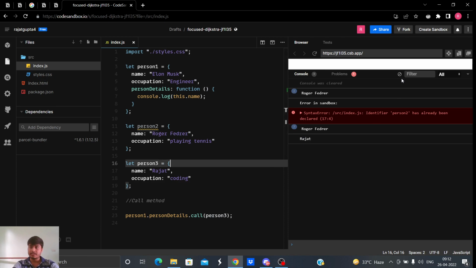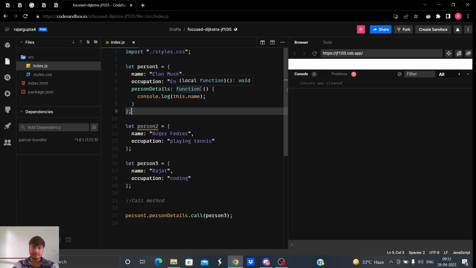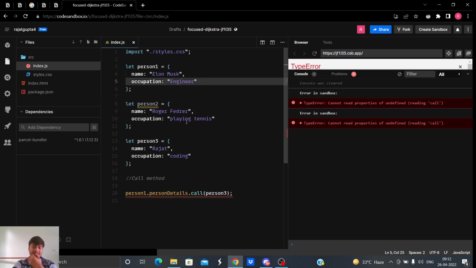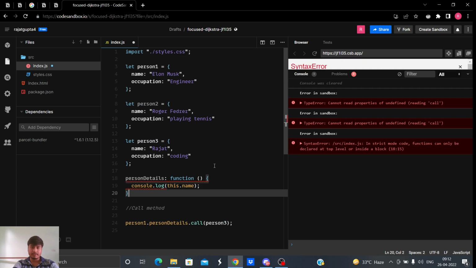But in general we don't do things like this. We extract out this particular function which we wrote in the person 1 method, and we define it outside.